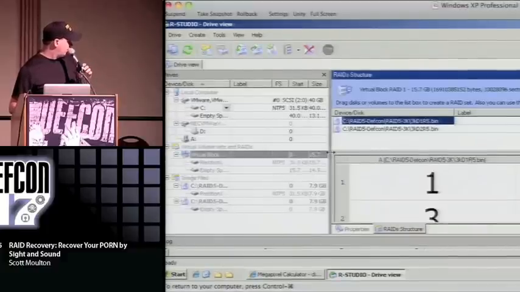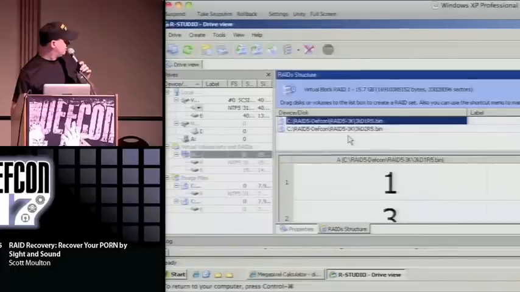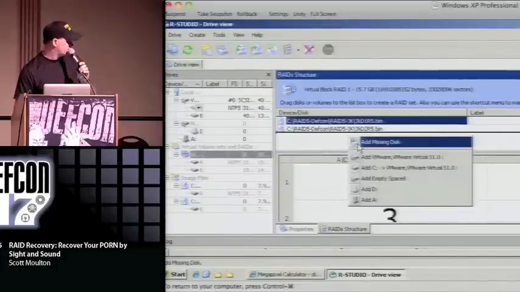Now, right now, I cannot see my boxes, so I'm going to add my missing disk. Now, if you have to